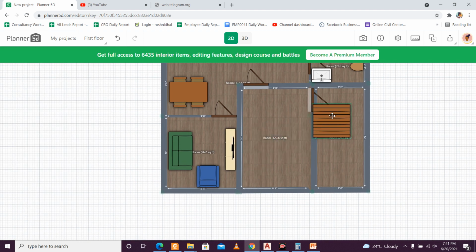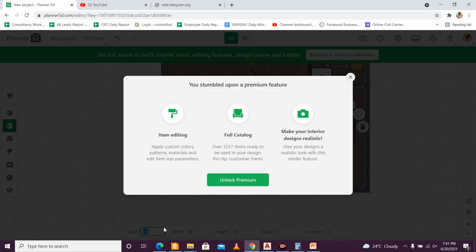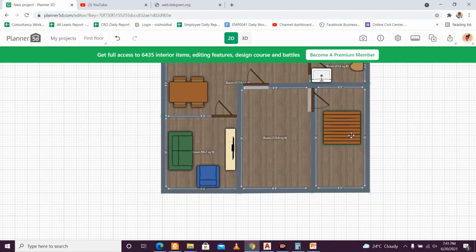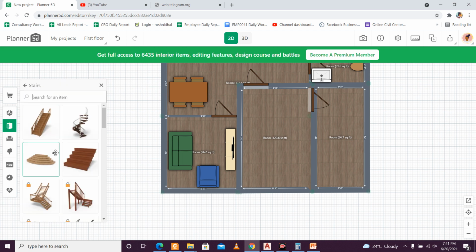This one I think we can use for simple representation, like from here, the width here will be around 3 feet. Can we change the width, or is this a premium feature? Let's see. Okay, this is a premium feature, you can't change that. So we'll just keep it here. Okay, so this is one disadvantage, but let's see.